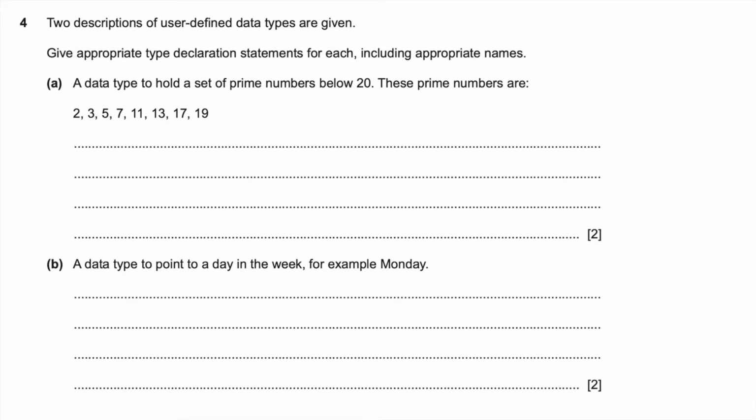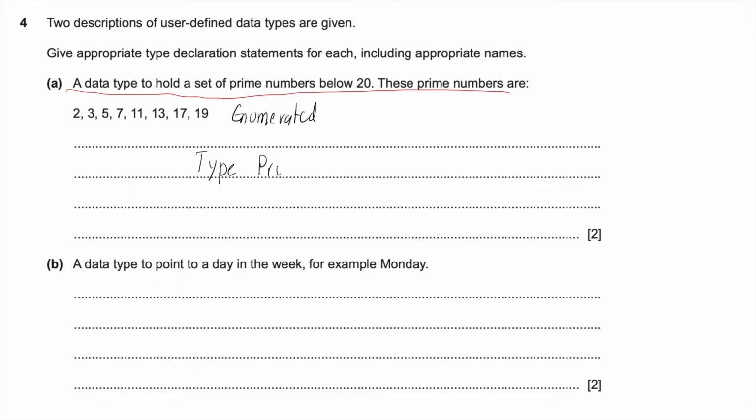So now let's go ahead and look at an example. It says right here, 2 descriptions of user-defined data types are given. Give appropriate type declaration statements for each. So a data type is used to hold a set of prime numbers below 20. These prime numbers are this. So this is going to be an example of an enumerated data type because we just want to hold a list of some values. So we can just do type